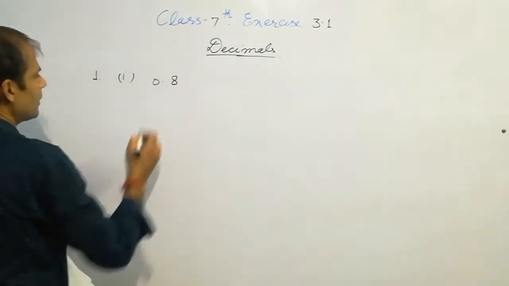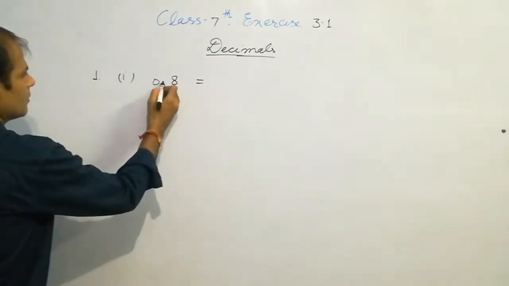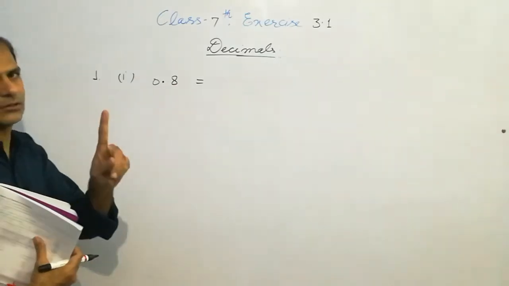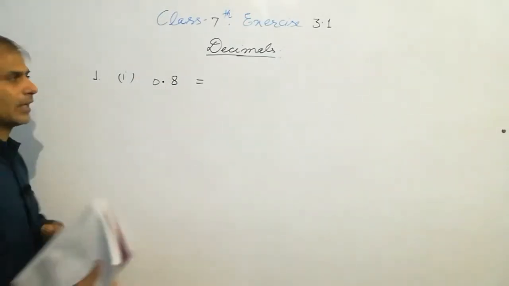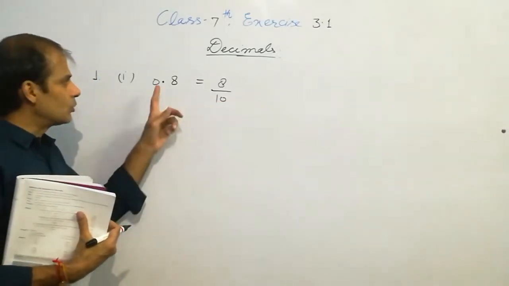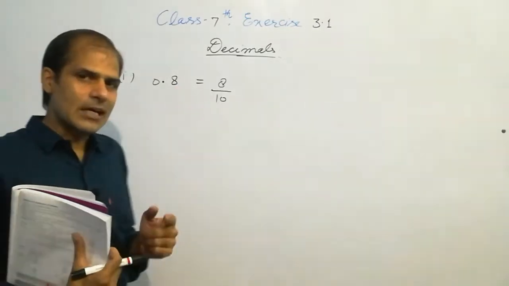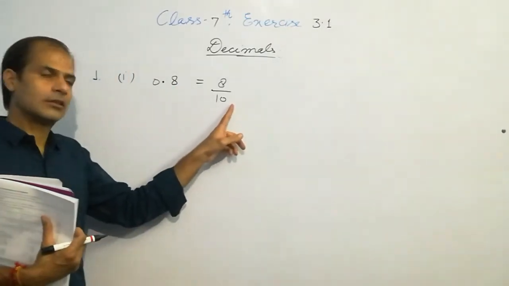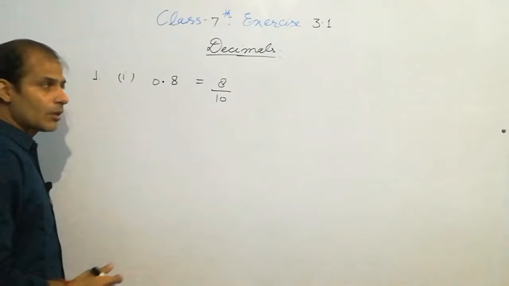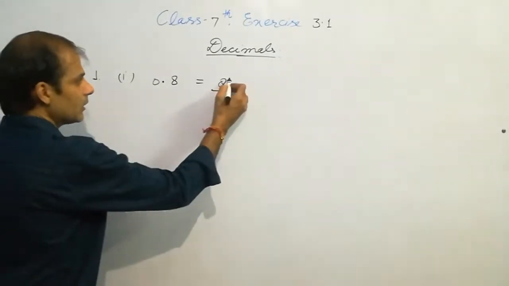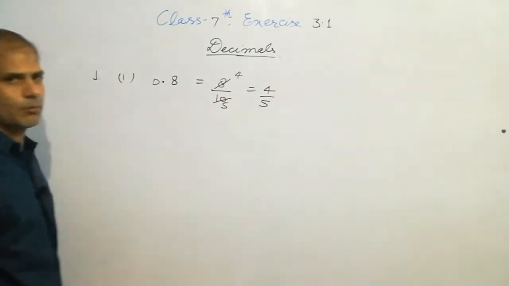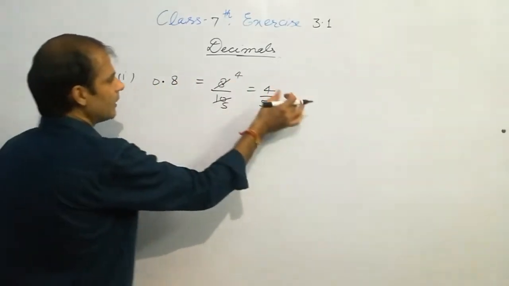See, 0.8. Now see the number of digits to the right of the decimal. It is a decimal and there is only one digit. यहाँ पे सिर्फ 8 लिखा है. How many digits? One digit is there. So we write 8 upon 10 because there is only one zero in 10. तो जितनी भी digits decimal के right side में होगी उतने ही zeros हम यहाँ include करेंगे. If there are two digits we write 100. Okay, now this decimal is converted into fraction form, and in the simplest form it can be divided by 2. 2 4 ja 8, 2 5 ja 10. So the simplest form is 4/5, means 0.8 can be written as 4/5.